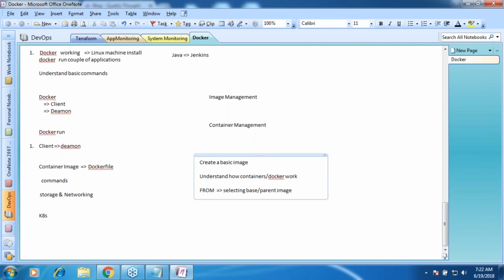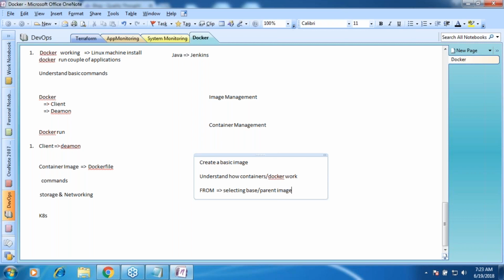Or if you don't want all of this, you can use something called from scratch. Whenever you say from scratch, you will just get the basic Linux file system, very basic, and on top of it you have to do everything. So either you can start from zero or choose an existing one and then get the stuff done. That's your choice. There is nothing called the right way to do it, right?